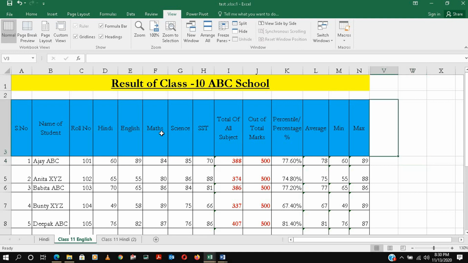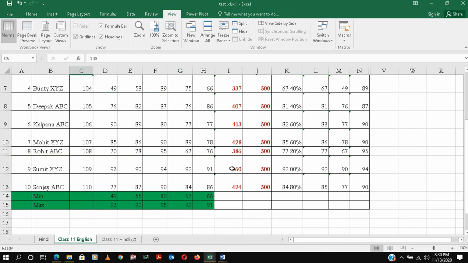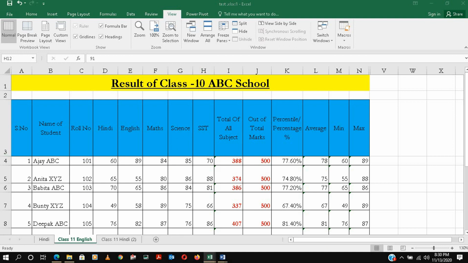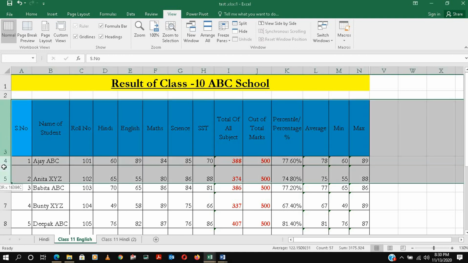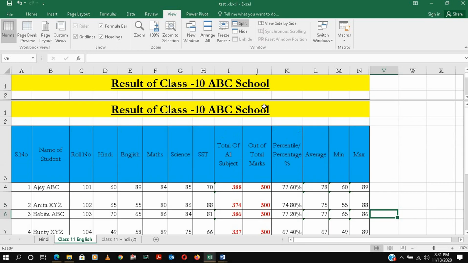Then split: suppose you have a pivot chart with 120 rows of data, and we want to see the marks and headings while scrolling, so we want a split. We'll select this and do split. If you see, we basically have two sheets.